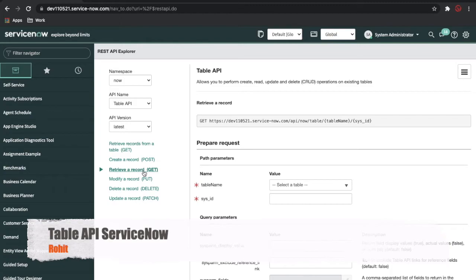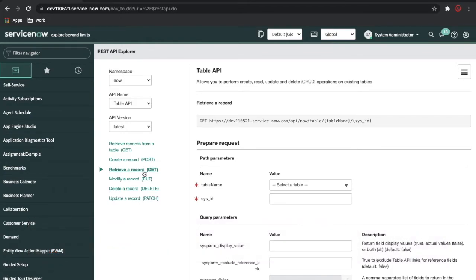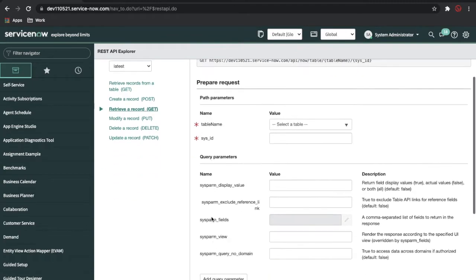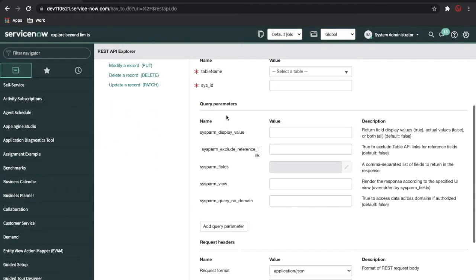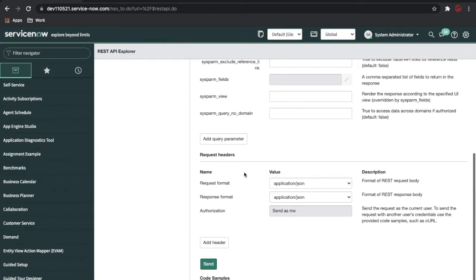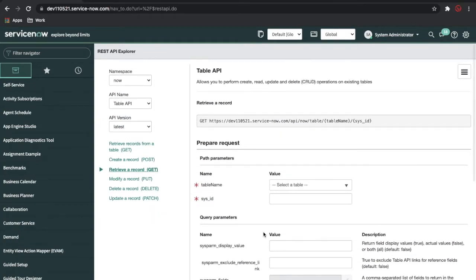If you don't know the sys_id, you can't call this API. Again, it is the same way: you just need to pass the table name and the sys_id. Once you pass the table name and the sys_id, and these same parameters, and click send, it will allow you to get the information.